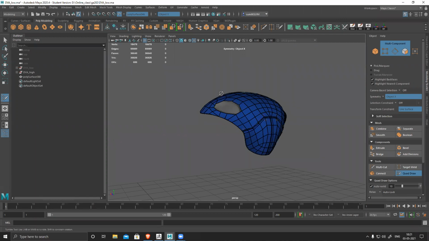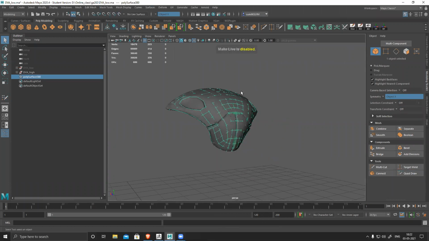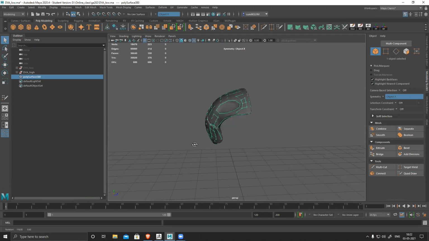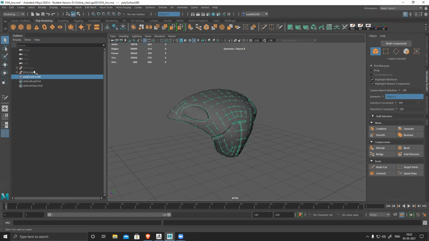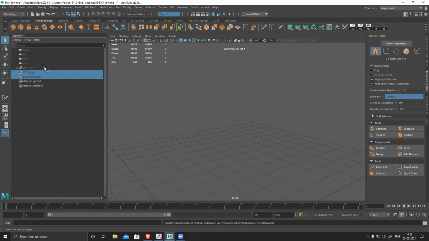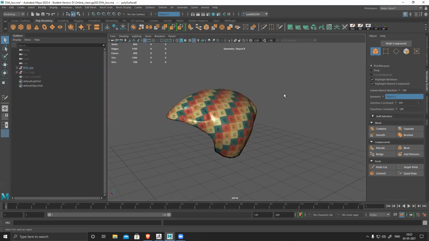If I just select this one, oh, I have to switch off my Quadro and this. So it's only 376 tris. I can see it's pretty low poly. If I check my current low poly, just hide this. You can see this one is around 1384 tris. So it's way too much.